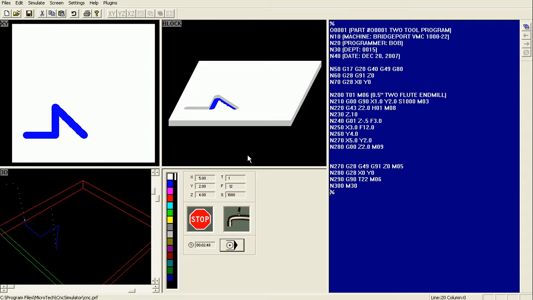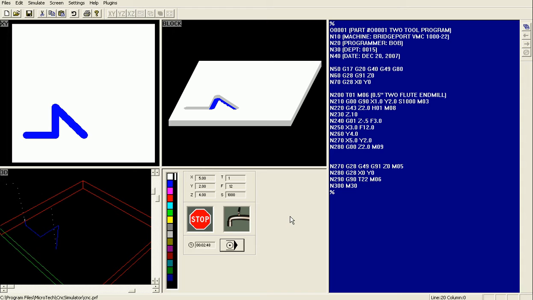So by using the G code, we're able to create the slot just like we wanted to. In this tutorial, what we did is we created our slot using the G01. So we used the linear interpolation, which is the one that you need to be using. And then we also used the G90, which is the absolute value programming. So we were able to create the shape and the cut that we wanted using both of those G